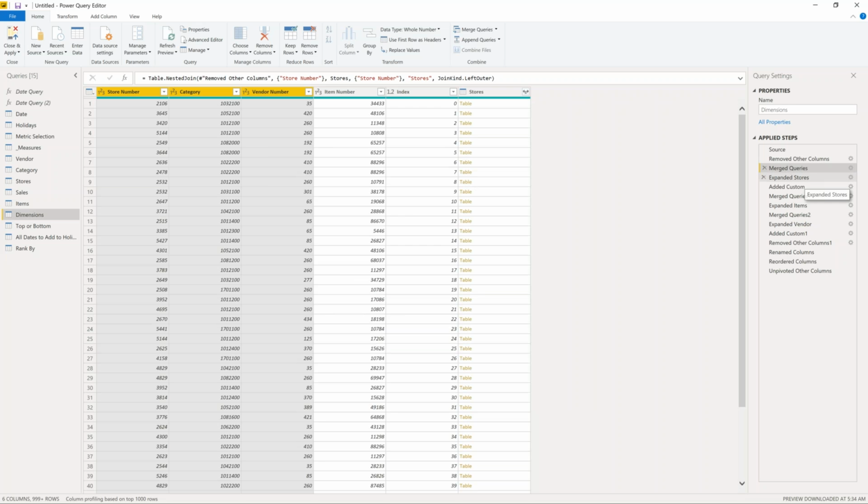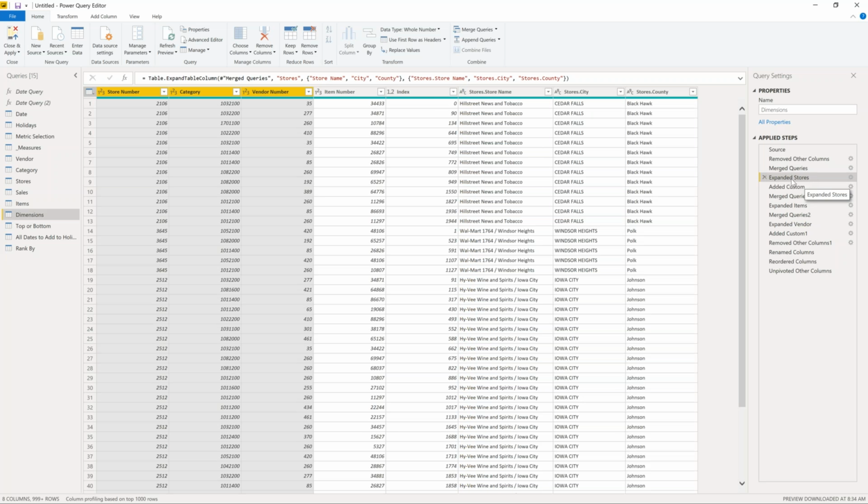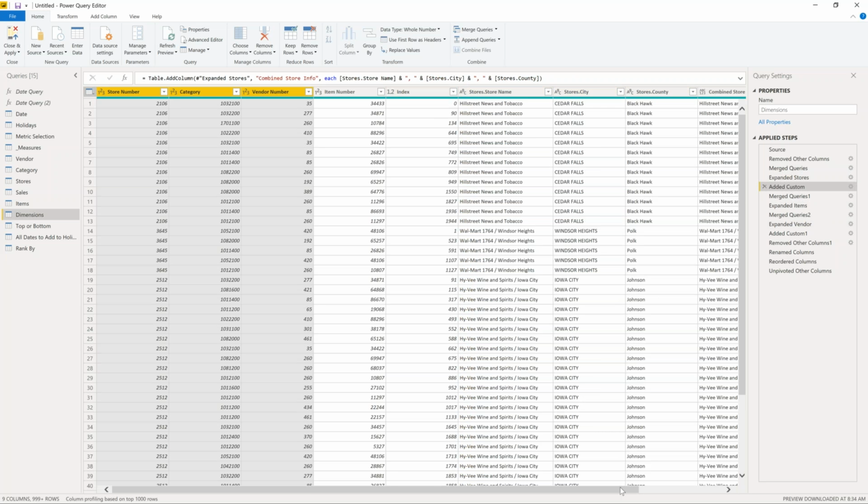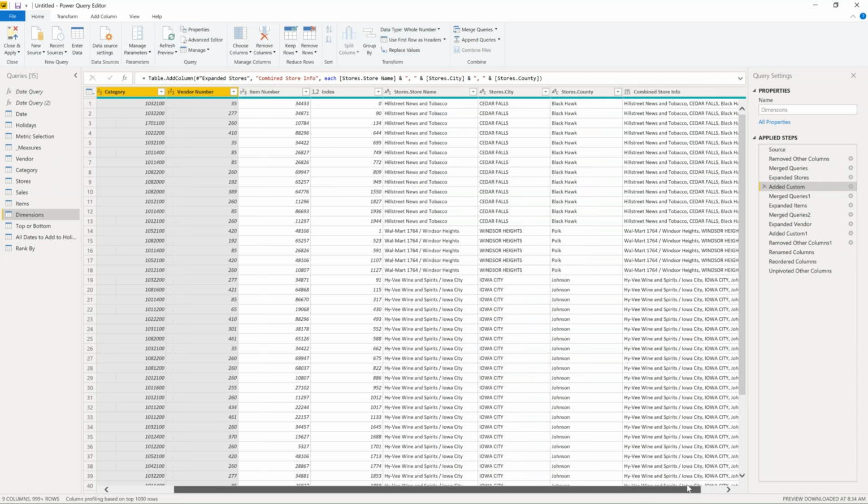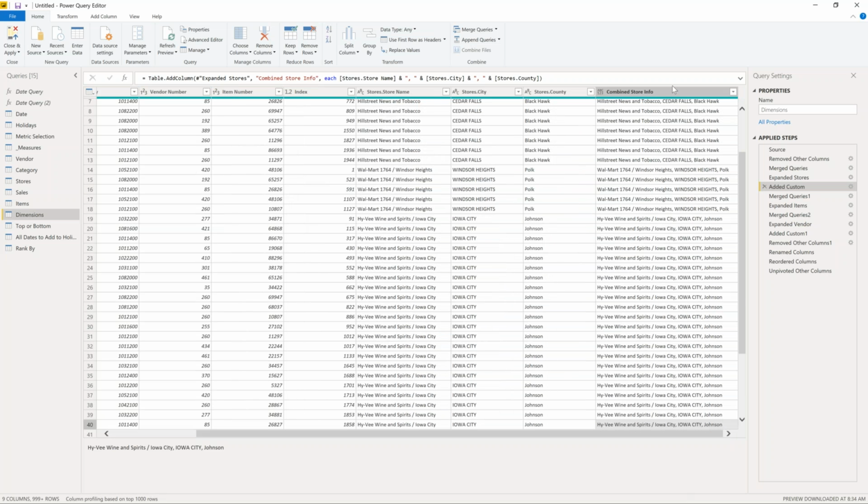And then it will add that to the table. In this case, I merged the stores in there so that I could use them as a slicer. You'll do that through the rest. Now in this one, I've done something to create a combined store info column so that they can actually look at the records and combine it based on the store name, the store city, and the store county. And then once I get everything I want in there,